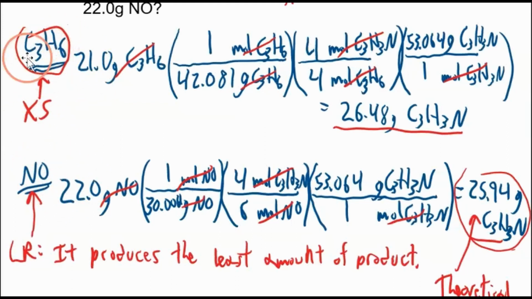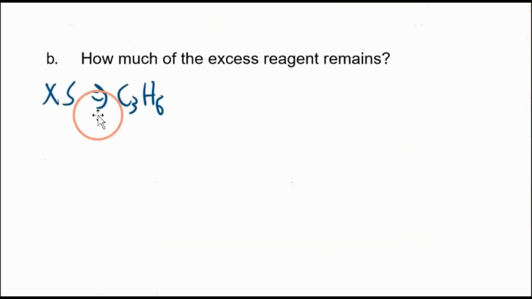So we're going to need to know how many grams of this reacts with the NO. So we're going to start with the NO, and this is again stoichiometry because we have a given amount of one of the compounds in a balanced equation, and we want to know something about another compound. We want to go from grams of this to find out how many grams of C3H6 it reacts with. So we'll start with the NO,